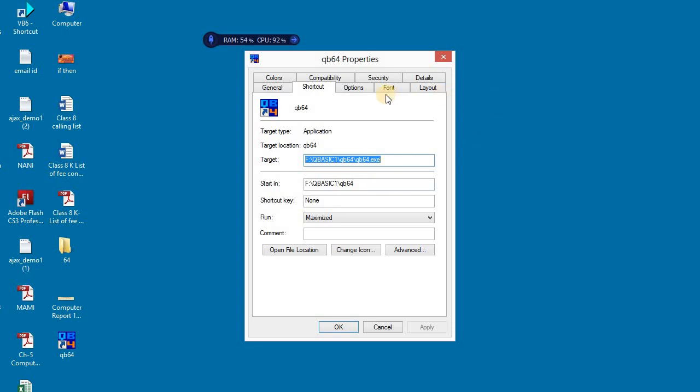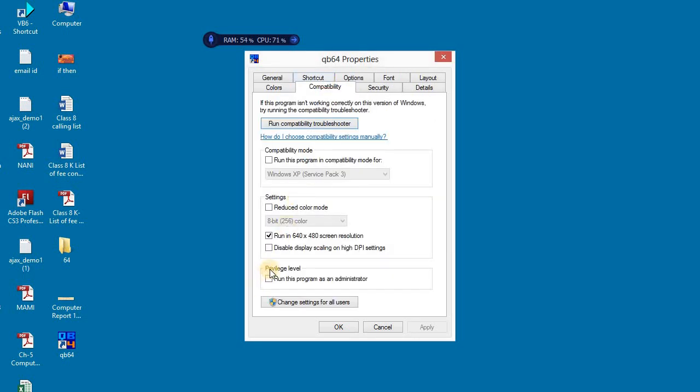Here we will click on the Compatibility tab, and if we want to increase the window size, we choose run in 640 by 480 screen. By selecting this option, you can increase the QBasic window size.